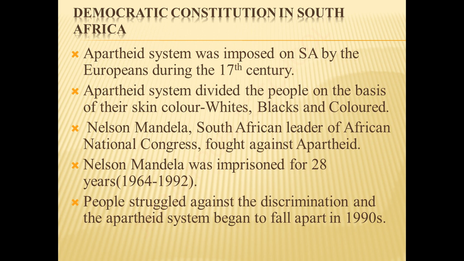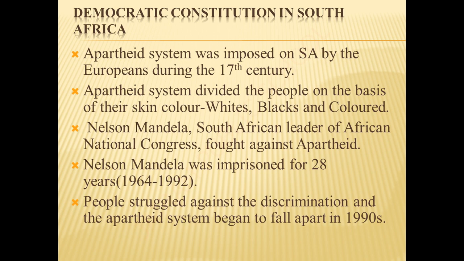Blacks were demanding equality and justice, whereas the whites wanted to continue enjoying the privileges they had by using the property of South Africa. The blacks, who were unable to bear this torture anymore, started to protest for their rights. The African National Congress acted as an important organization that led the struggle against this apartheid system. This struggle was led by Nelson Mandela. The African National Congress consisted of the Workers' Union and members of the Communist Party.